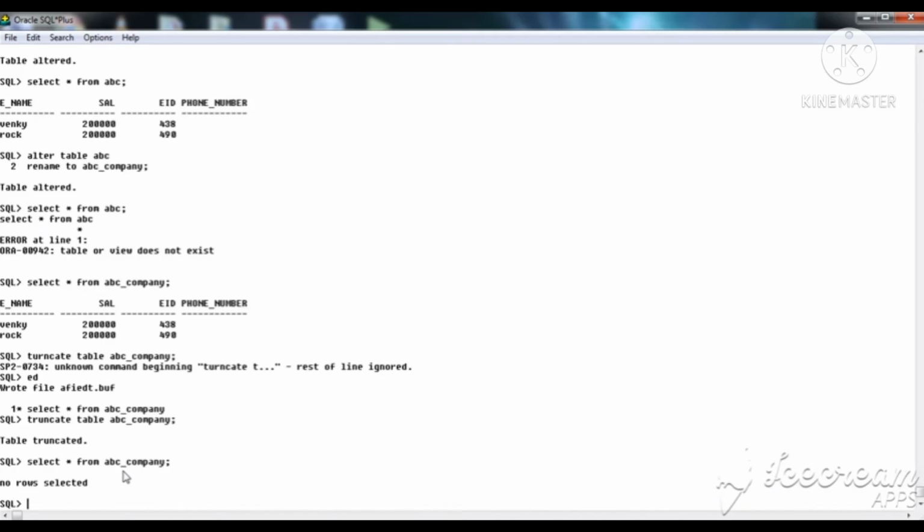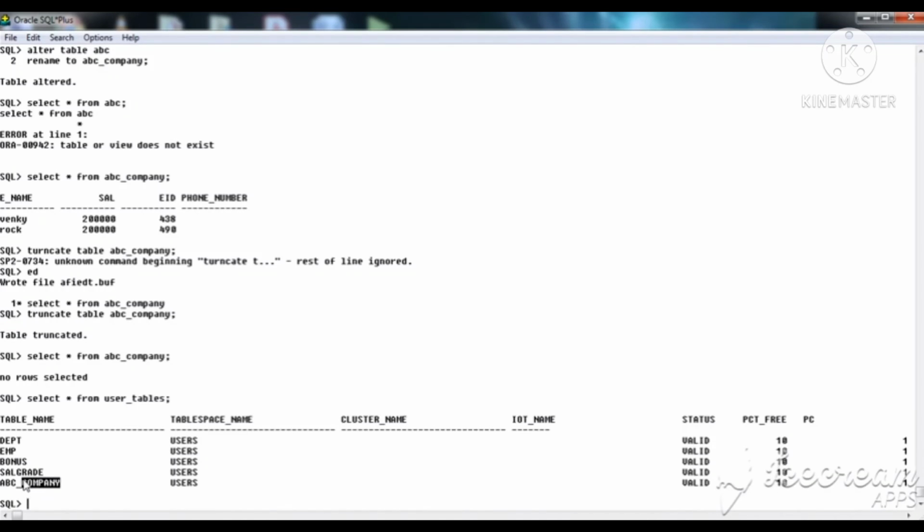To check whether tables are available or not, I am using select star from user underscore tables. How many tables are available in my database, I am checking.